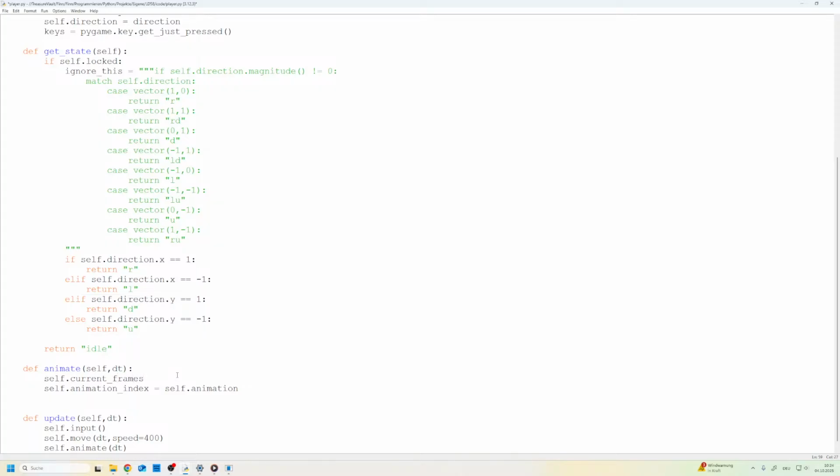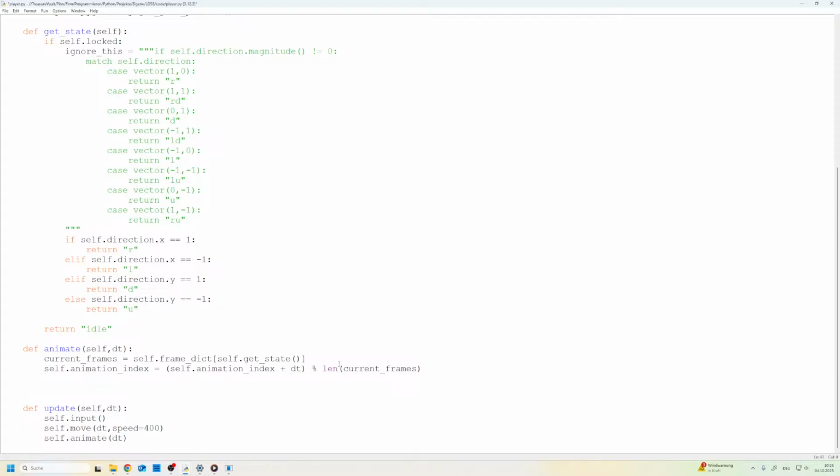Current frames is going to be self.frame_dict, and of that we want self.get_state. And we can do self.animation_index plus dt, and out of that we want the modulo of len of current frames,